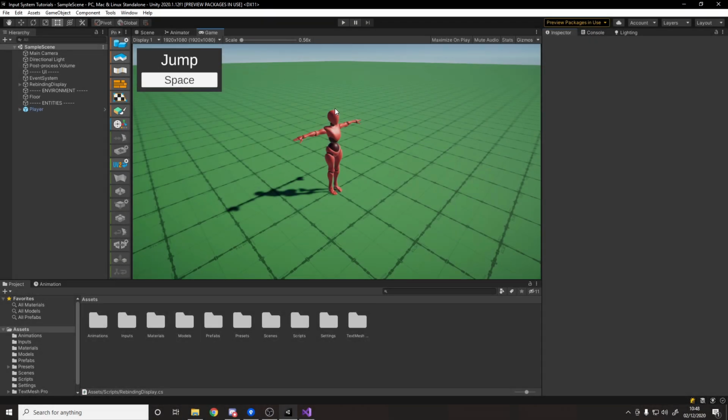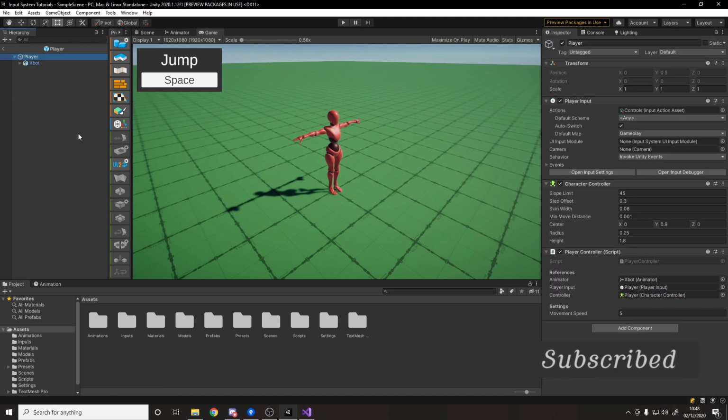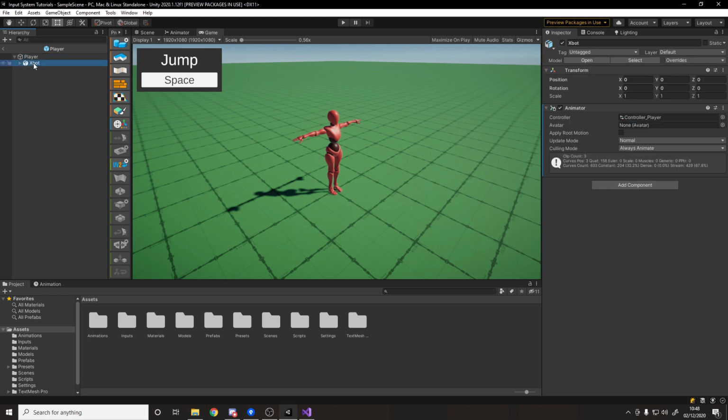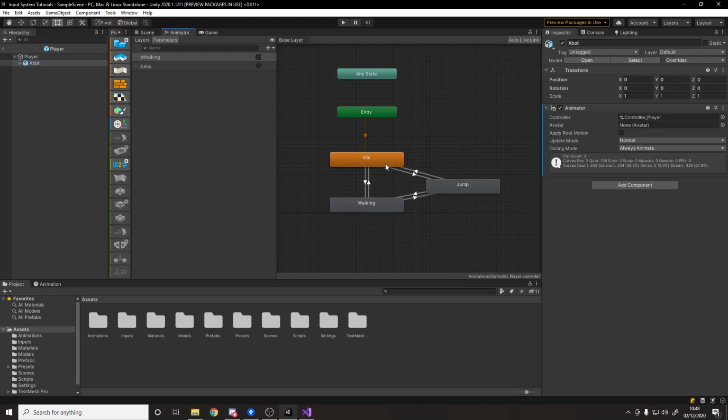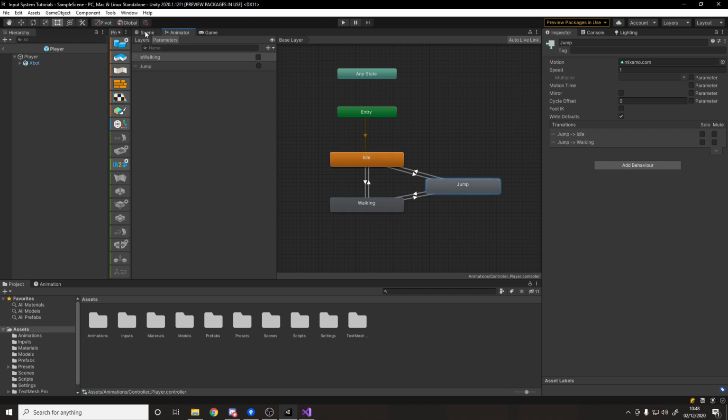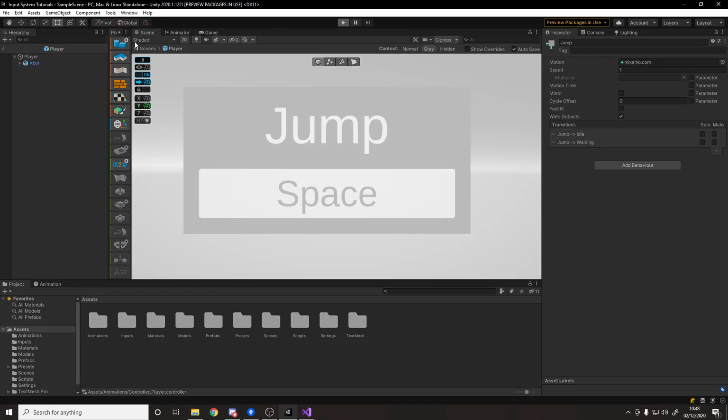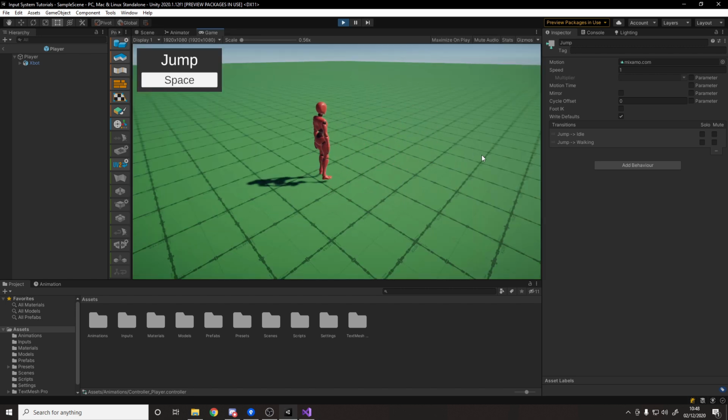So the first thing to do is to go over the project and show you what I currently have set up. We have in the scene just a floor with a player character, and if we go into the player character, we have just the model here from Mixamo of the animator, and I have a few different animations, the idle, walking, and jumping. So if I was to hit play and give it a second, then we'll see that I can walk around with WASD, and I can hit spacebar to jump, and that's everything.